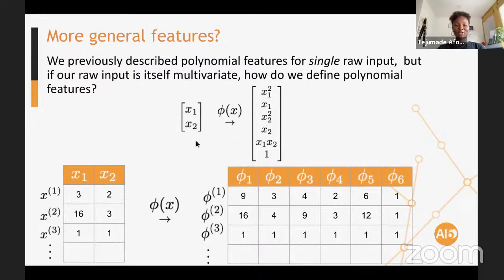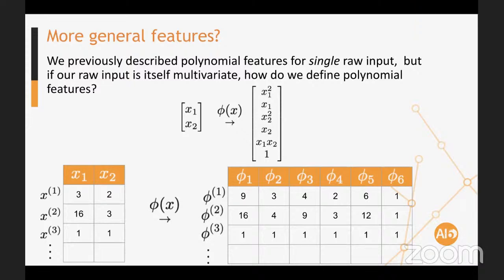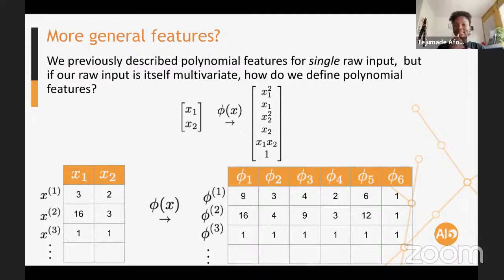Okay, thank you for the question. Remember that before we've been dealing with one feature. Let's say x1. And that one feature, when we said that we can have a polynomial feature of degree 2, that would be x squared, right?